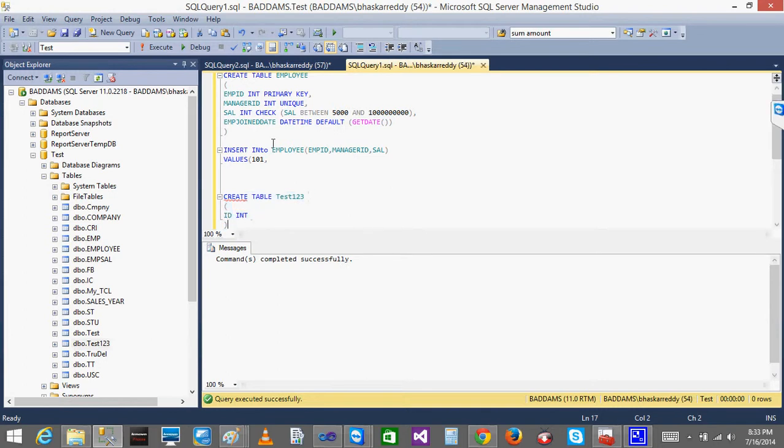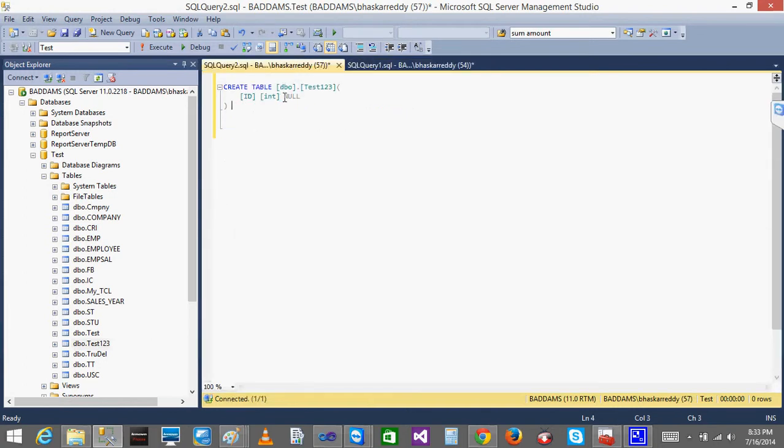See, I have just given id integer, but why is it showing null? By default, there is also one more type. Whenever you declare a column, it will show whether that column should allow null values or not. If I give not null to a column, then that column will not allow nulls; whenever you try to insert, you must insert some values into it.